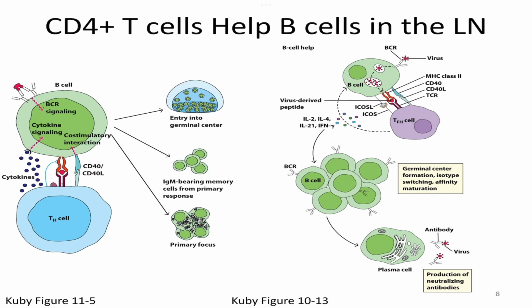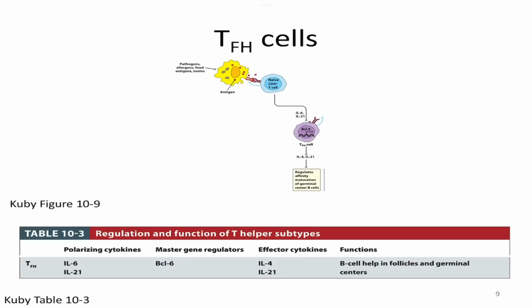You can see from this figure, it's actually showing things a slightly different way than your textbook is. But this will activate that B cell in order to do isotype switching and affinity maturation, particularly by leading to this structure called a germinal center that we will see. As you saw last time, this isn't necessarily a thing that we're going to often see with all helper T cell subsets. The important helper T cell subset that we're going to see in this process is the T follicular